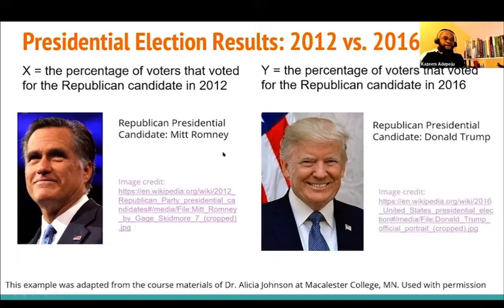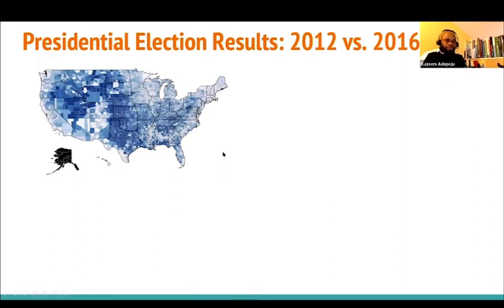Now, this is a map of the United States of America. Remember the other time I talked about the observational unit? Observational units could be cases, or they could be persons, but right now, our observational unit is going to be the county in the United States of America. There are so many counties. That's going to be the observational unit. Now, let me tell you this.